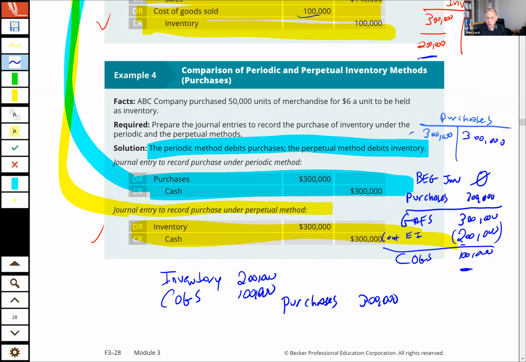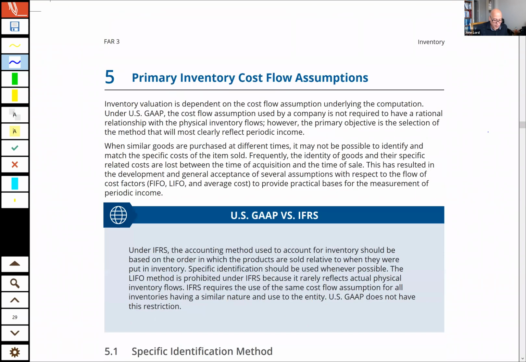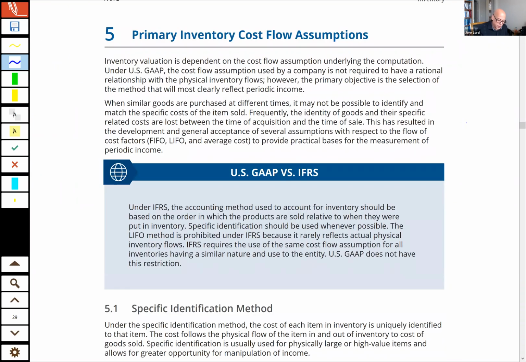Question? Okay, good. Now you come over and we've kind of started the discussion of perpetual versus periodic, but we are going to look at that more in the context of cost flow